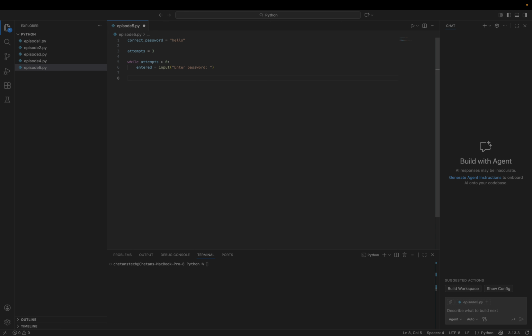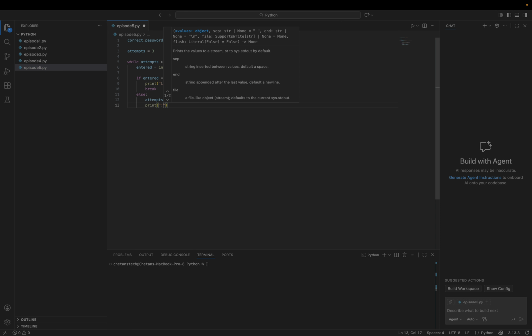Now we want to perform the conditional check. If entered is equal to correct password, then we want to print login successful, and we would like to get out of the loop, else we will reduce the number of attempts by 1, and we will say wrong password.